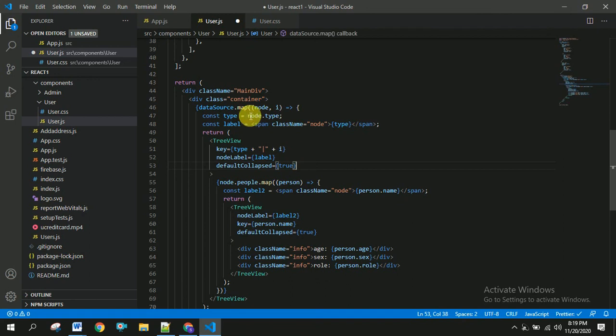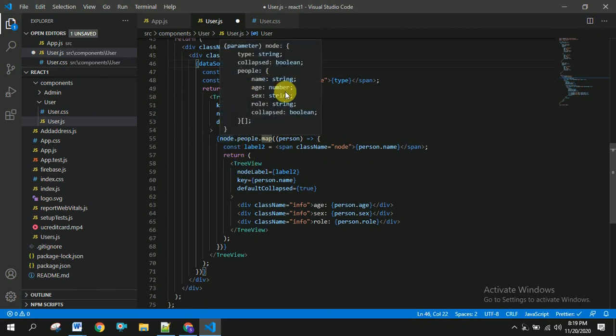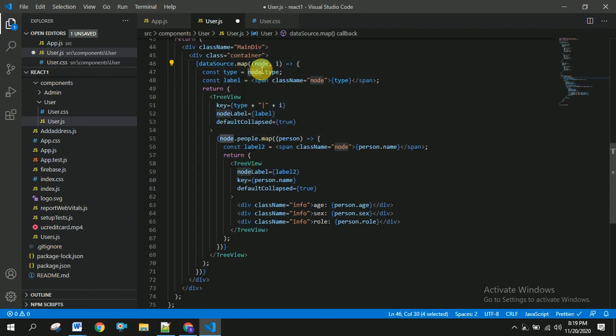I don't think there is much I have to explain here, because it can be easily understandable. We are using this data source, and we are looping the data source so that we can get employees and CEO. And next, in that particular loop we will be getting the node, or anything we can write, and in that node, dot people is the array.